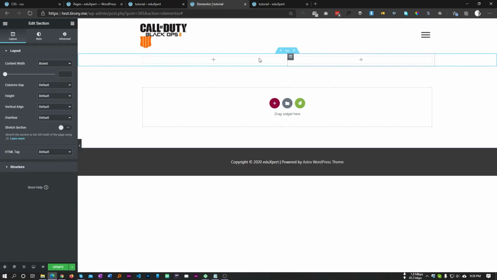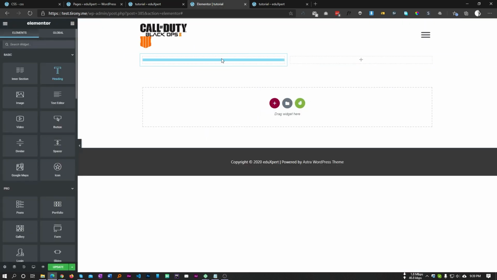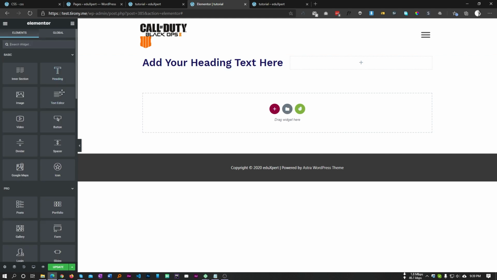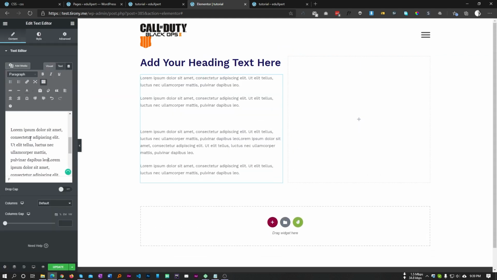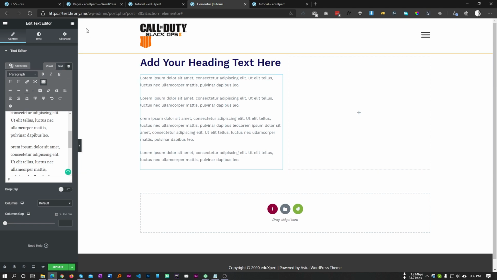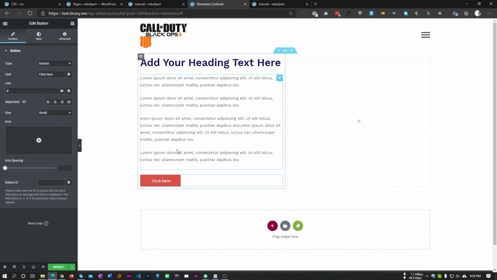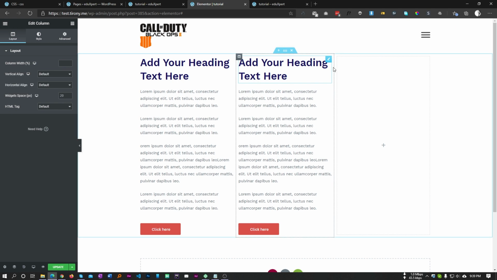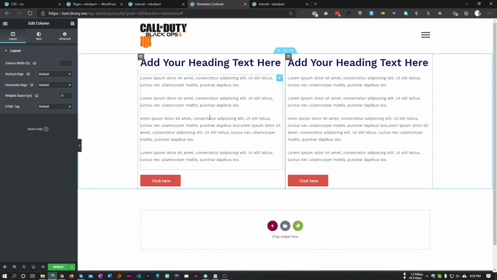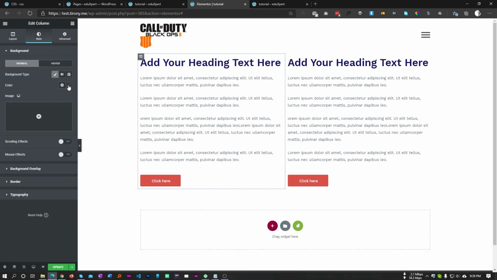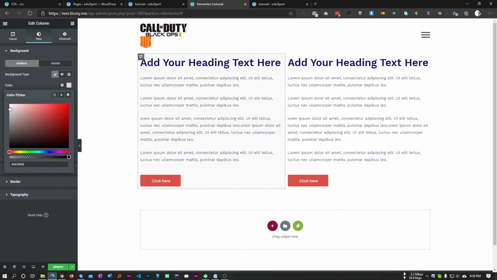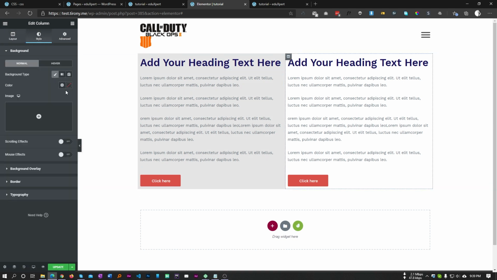Let's say we have two columns in here. I am just putting some dummy content in the area. Let's say this is our content. Let me just duplicate this one. So we have two columns in here, and normally what we do is add color for each of our columns. So let's say for the left we have gray, and for the right we have